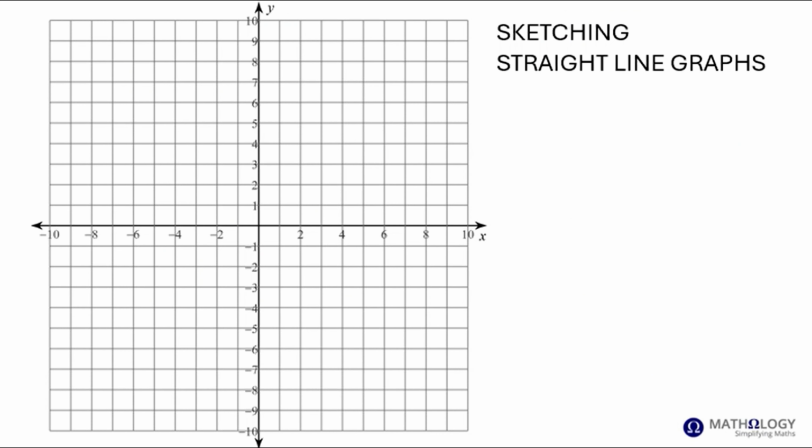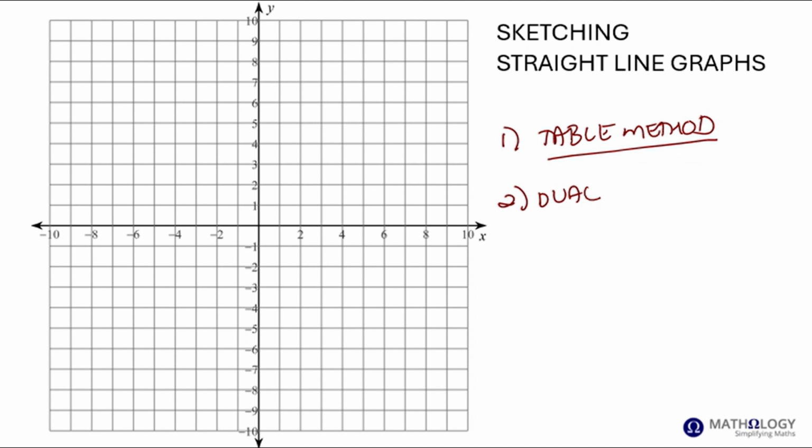When it comes to sketching straight line graphs, there are generally two accepted ways of doing so. The first method is what's called the table method. Just to introduce sketching straight line graphs, we will use the table method, but it's very time consuming to draw up a table and then plot all the points. We're going to do a couple of examples, but generally, the best way to sketch a straight line graph is